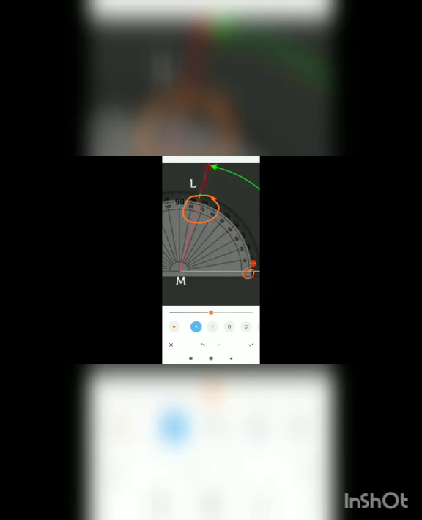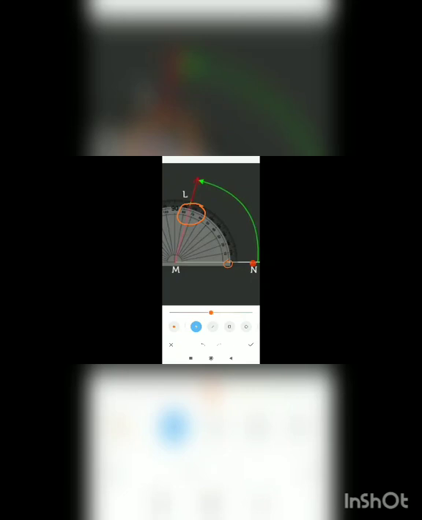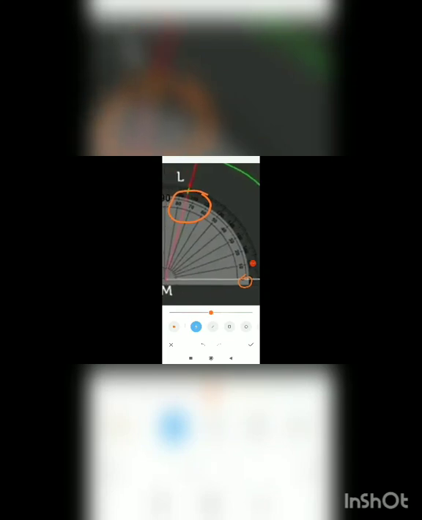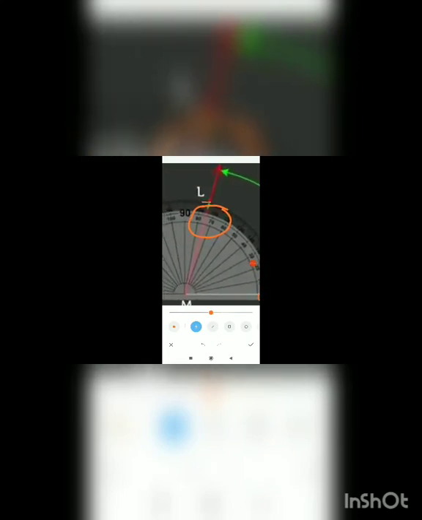So this LM ray is present between 70 and 80, on this inner side. Why have we taken the inner side? Because our MN ray is situated on the right hand side. So we have to start counting from the right hand side 0. Clear? You can see some more points are also given on this outer edge, but we will not take this one. We will take only the inner side. Clear? Okay, so this was our next step.